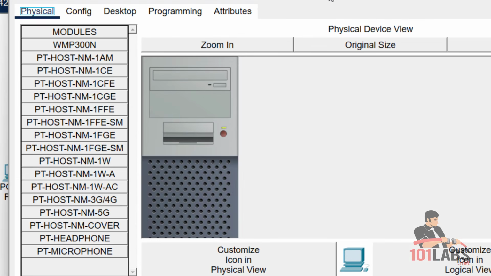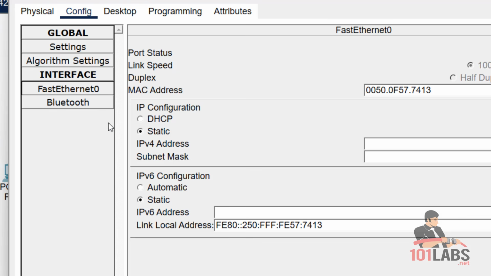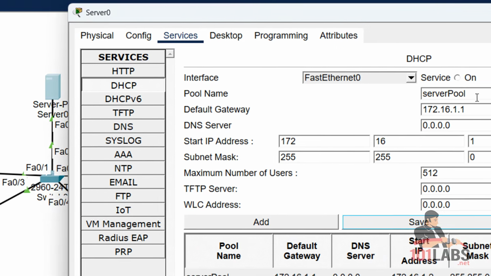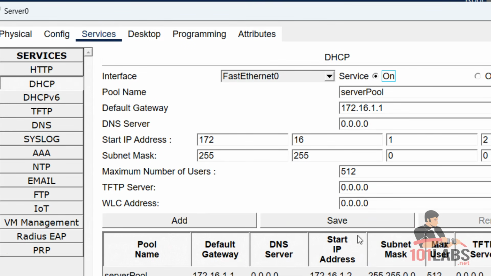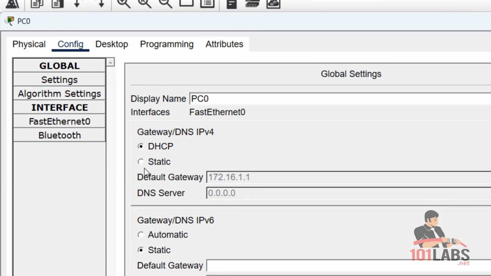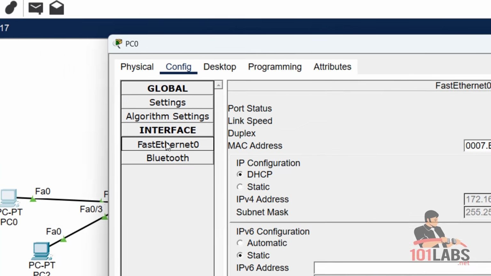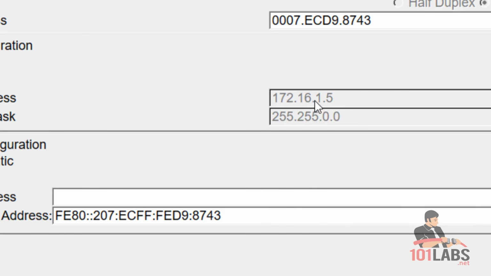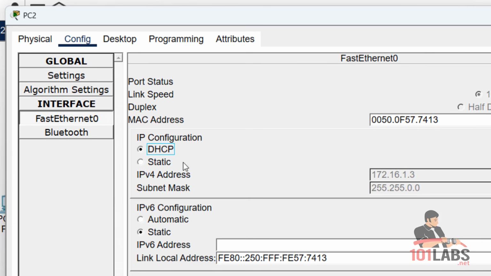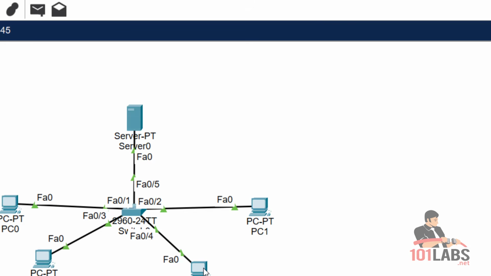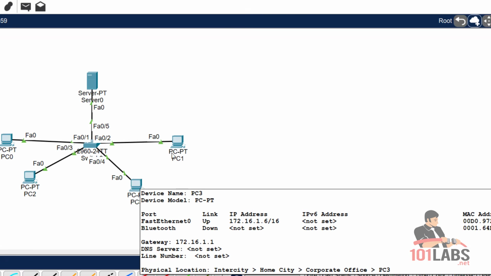I'm going to go and do this to all the devices. The only thing I forgot to do was click on. So I'll do that and click on save. I might have to go back to the PC and click on static and then DHCP again. So default gateway 172.16.1.1. I click on fast Ethernet here and you'll see it's been allocated the 1.5 address. This is the 1.3 and I'll just hover over the others, 1.6